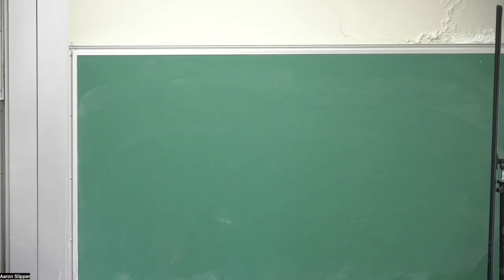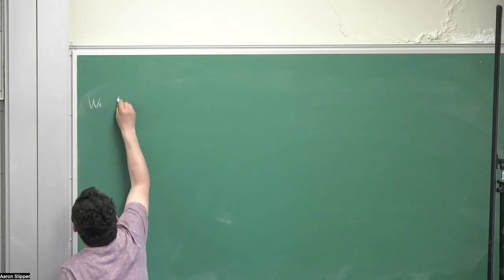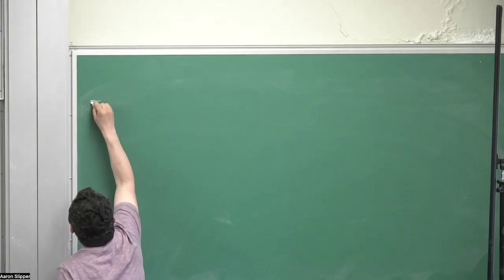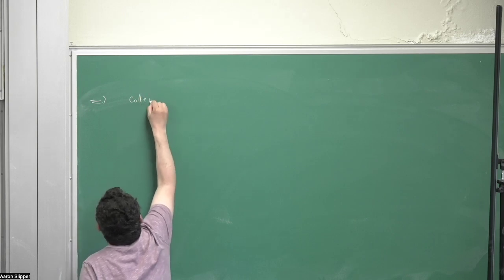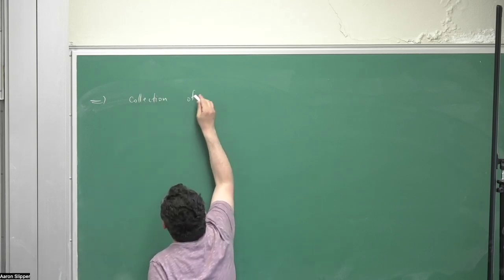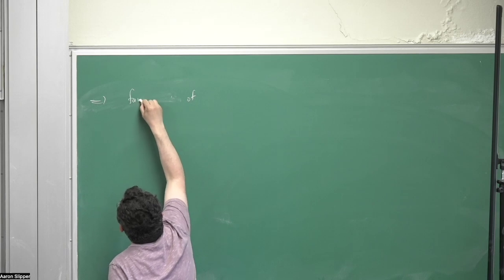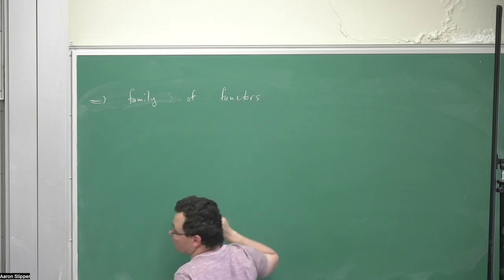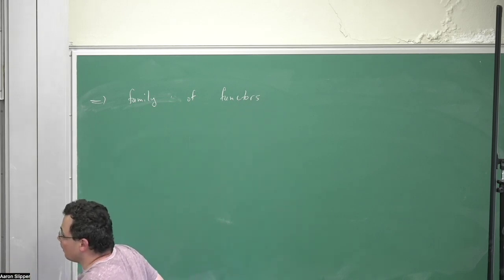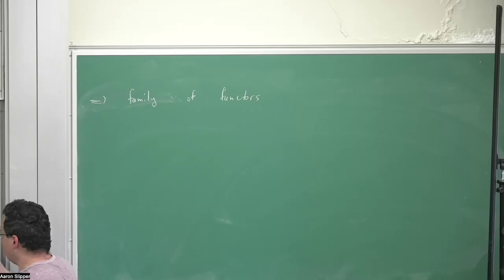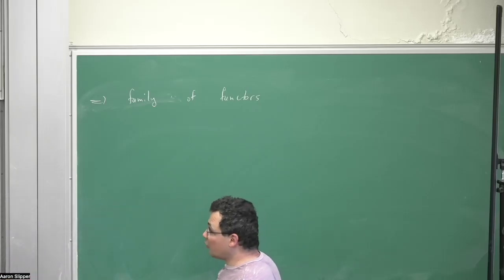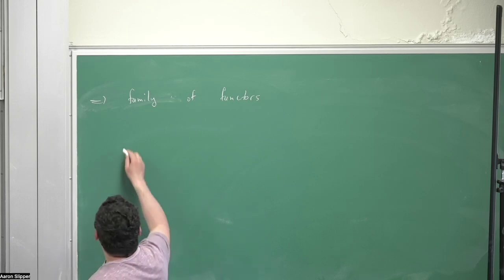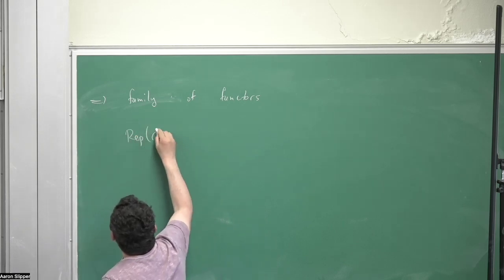We have a concrete description of this category. So this gives a collection, a family of functors. What is that quasi-coherent sheaf here? We said that already. So this is a family of functors from Rep of G-check to the I